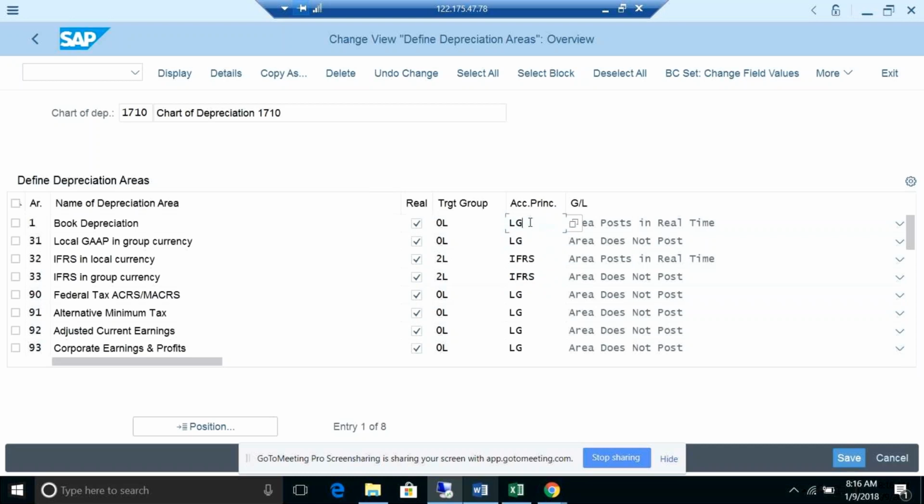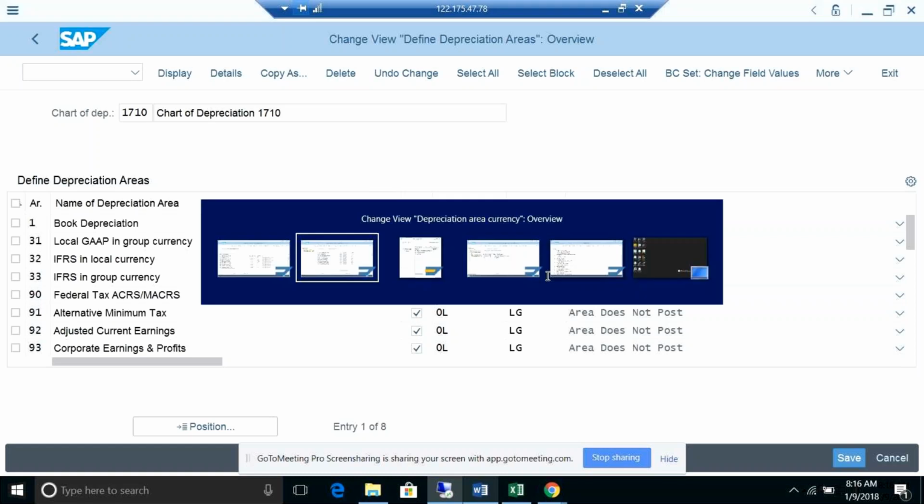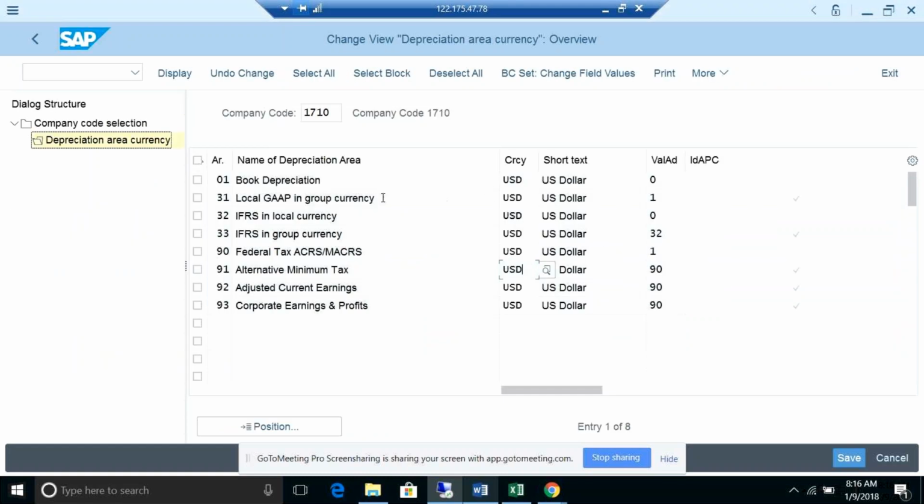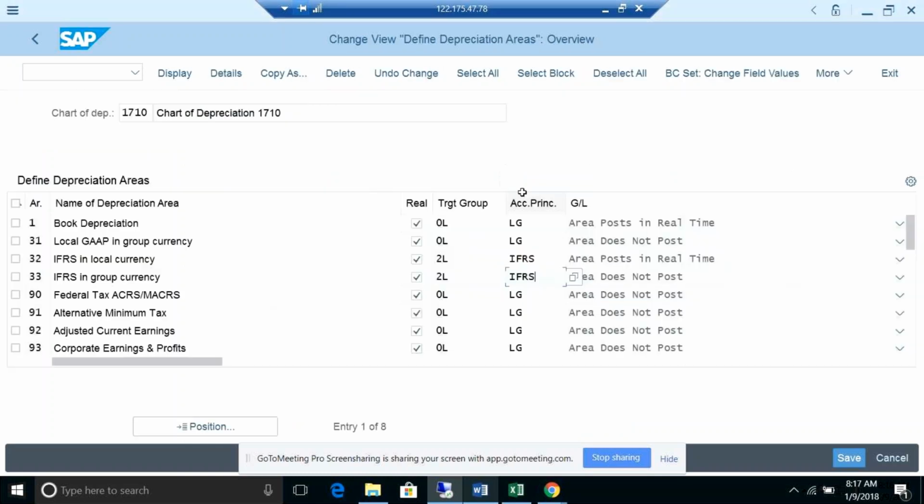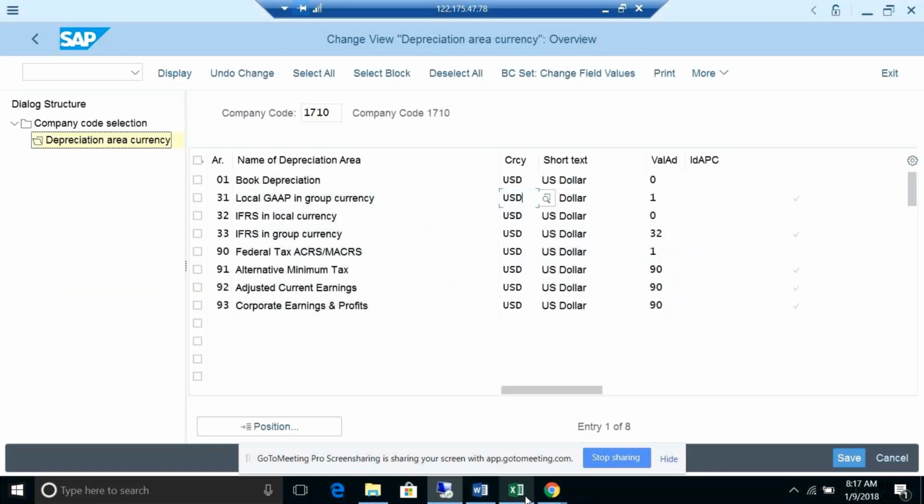So if you have a requirement for two currencies, 2 times you need to maintain your depreciation area. One is for local, one is for group, whatever. And the same way you need to sync up here also. So for IFRS local currency, IFRS group currency, whatever currencies you want, you can take those currencies here. And for book depreciation local GAAP, you need to sync up here. And then here also the same thing, again you need to sync up in the general ledger also.